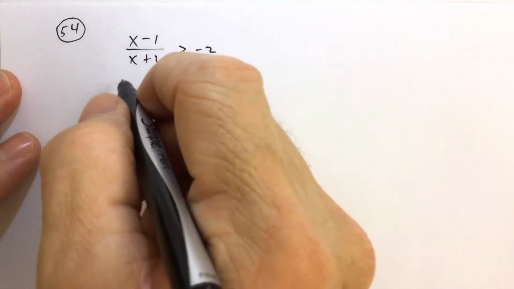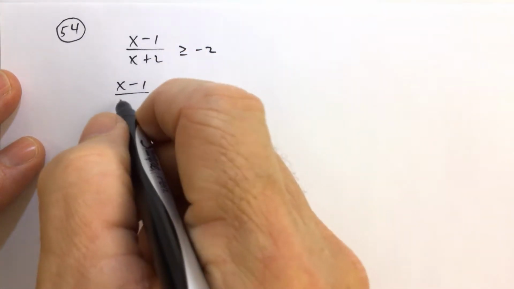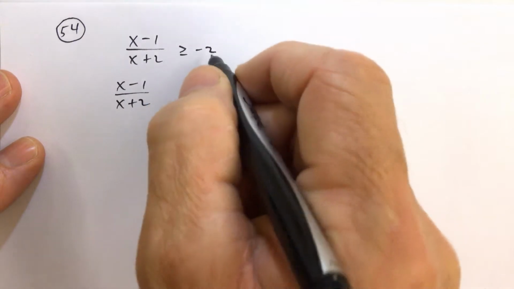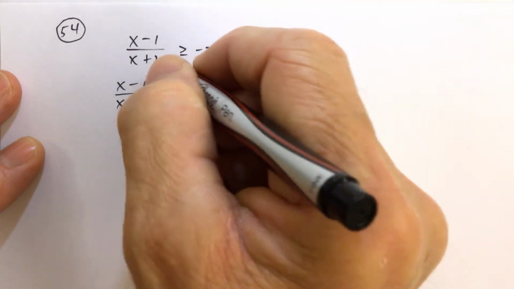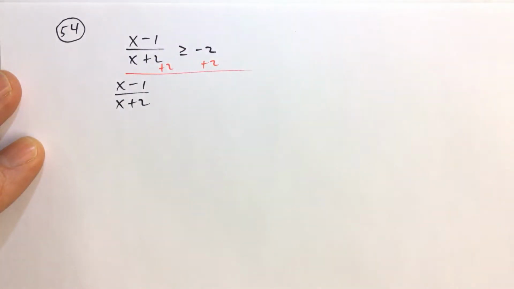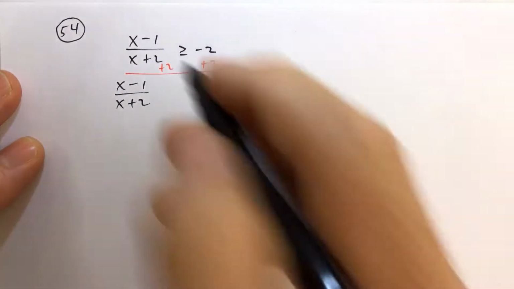I find these are the problems that students struggle with the most. Solving this inequality, we've got to make sure we add 2 to both sides here. Add 2 to both sides. Gather all the terms to one side, and then from there,